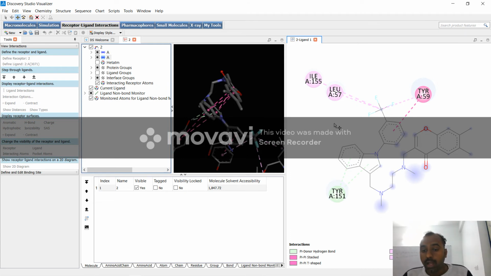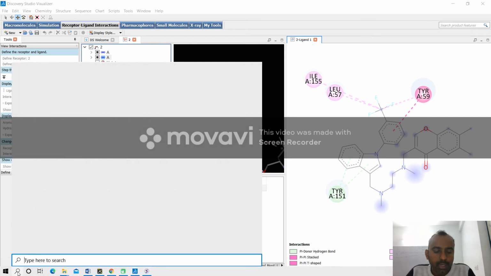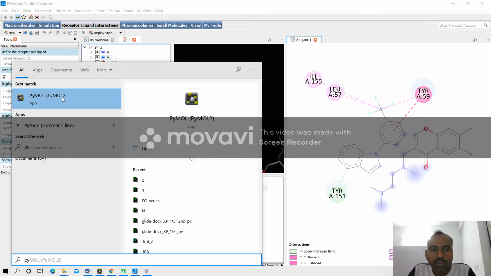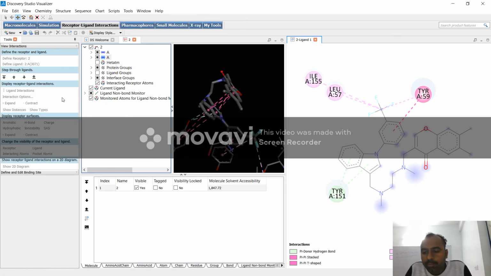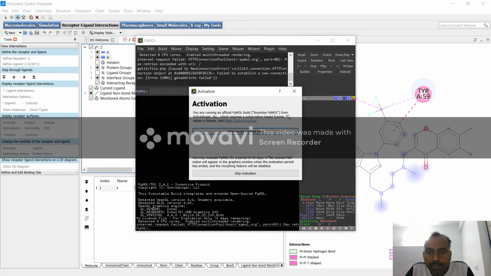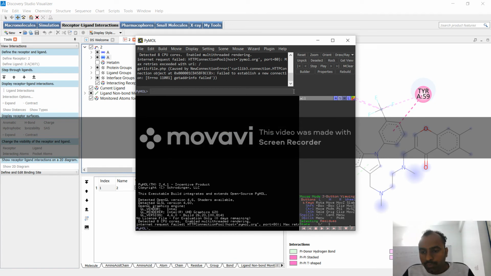Now you will have a doubt how to validate the docking we have performed. For that, it's a very simple protocol. You simply type PyMol. You go to PyMol software, and here I am going to help you how to do that. Your two molecules which you have docked should be in mol format. So this you should first prepare. That means the co-crystallized pose. So whatever protein you are downloading will have a ligand. That ligand and the portion of protein which you have already docked, these two should be in mol format.